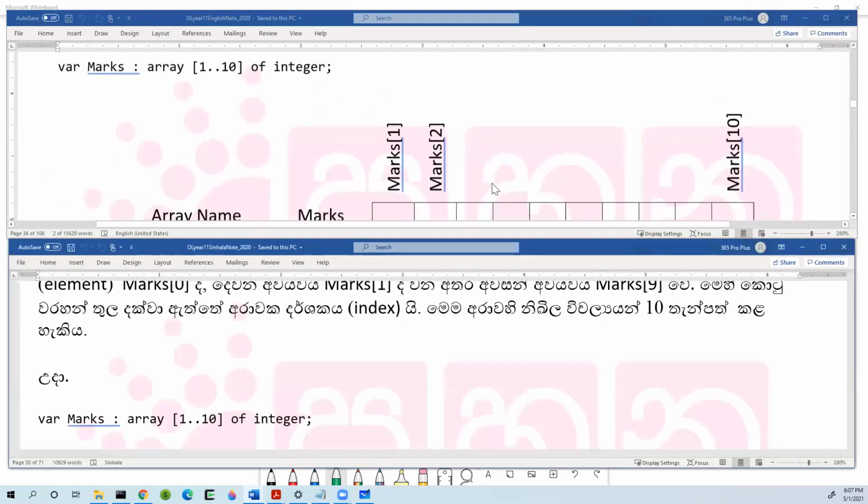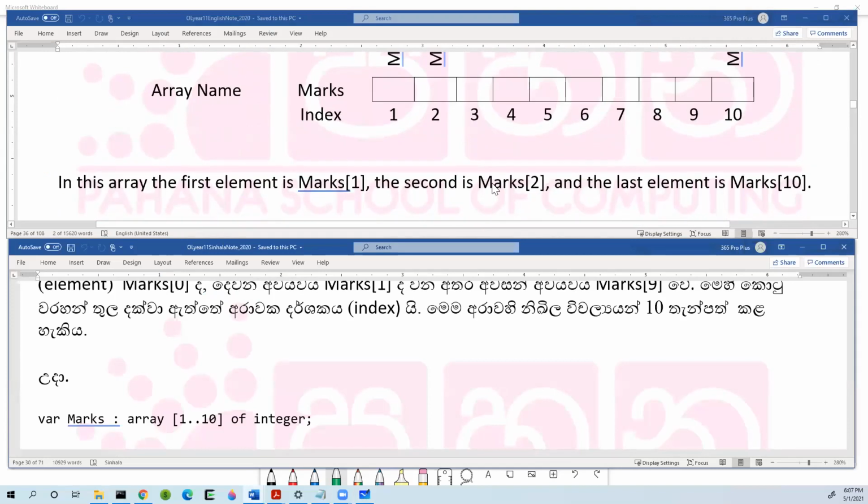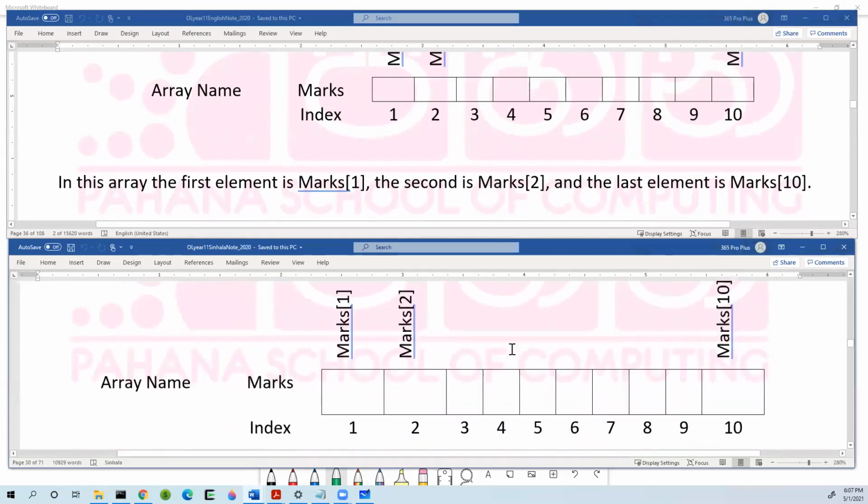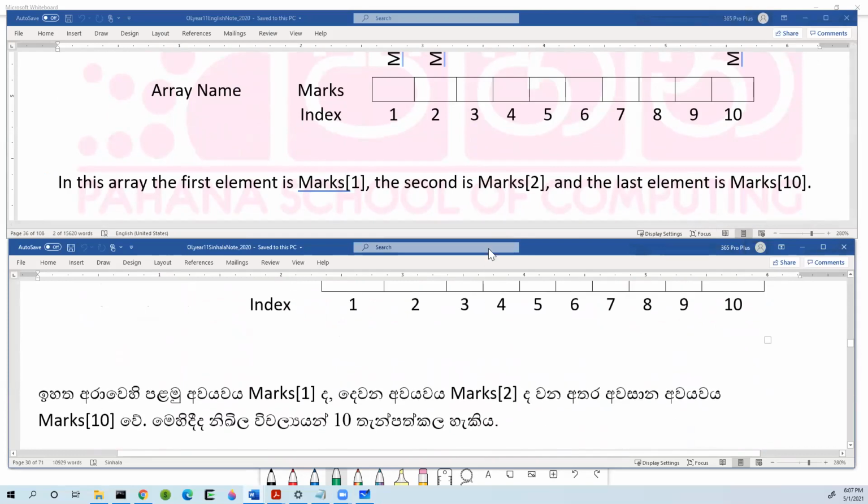Okay. So let's look at this. Let's take down this. In this array, the first element is marks 1, the second is marks 2, and the last element is marks